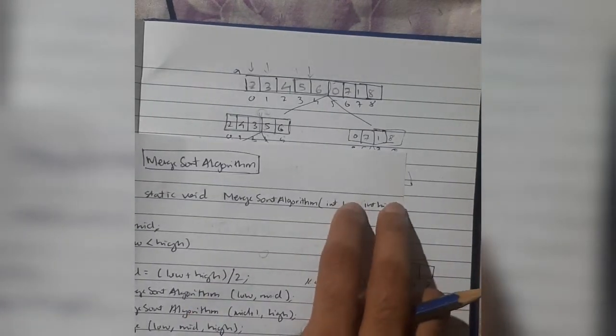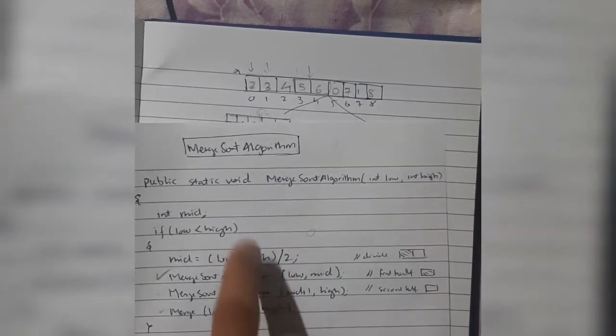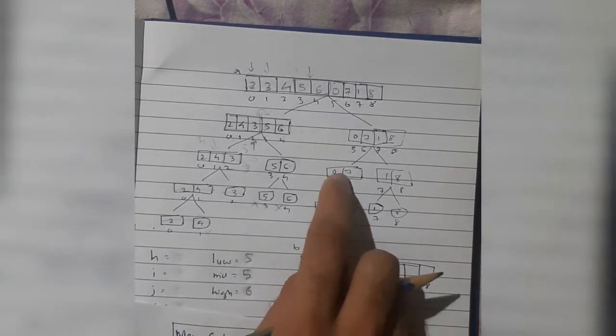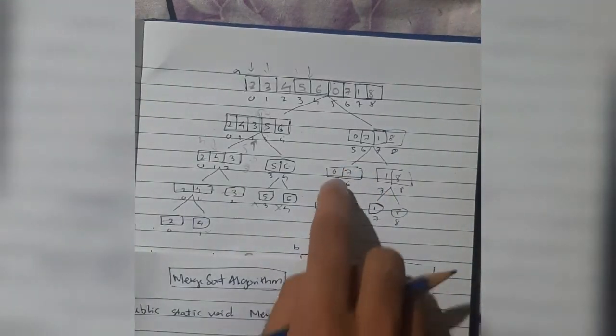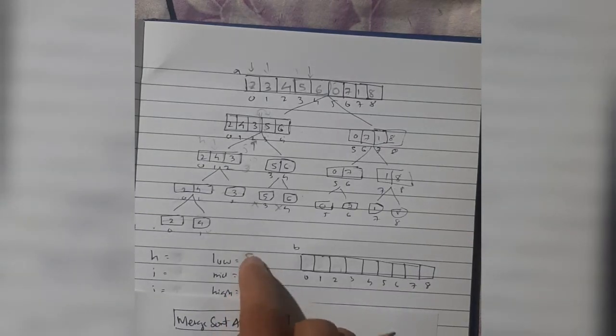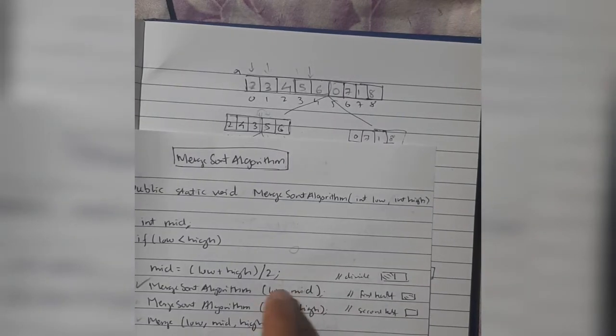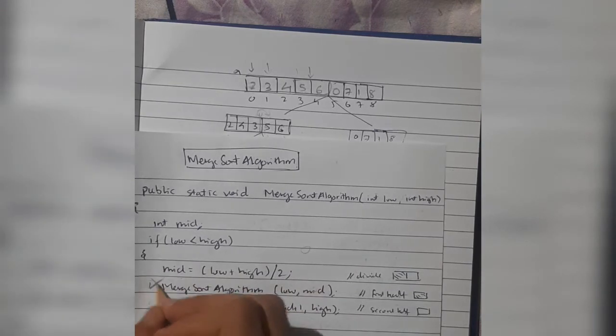At that time, low and mid will come here. 5 and 5 will be executed here. It will not run this line of code. It will be skipping this line of code, and then we'll come back to the main function. Come back to the main function means under this array, the low and the mid values were there. Under this array, the first line of code did not execute because the low and mid values we passed here are the same. 5 and 5 was passed. This will not be executed.